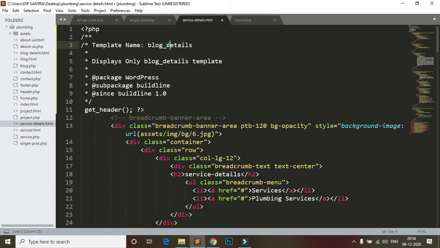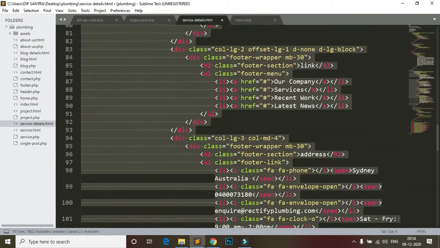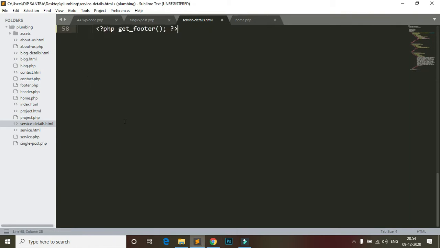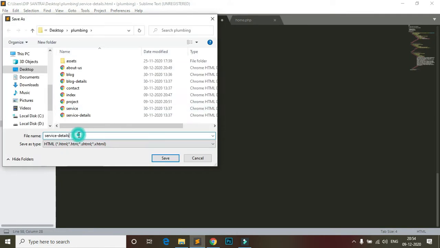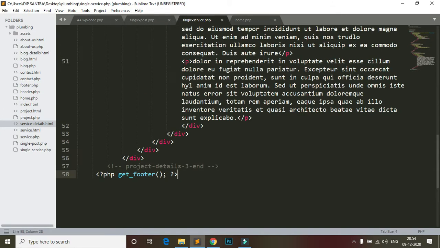Same way, service details, and add footer, and save as single-service.php. Okay, so this is the trick.